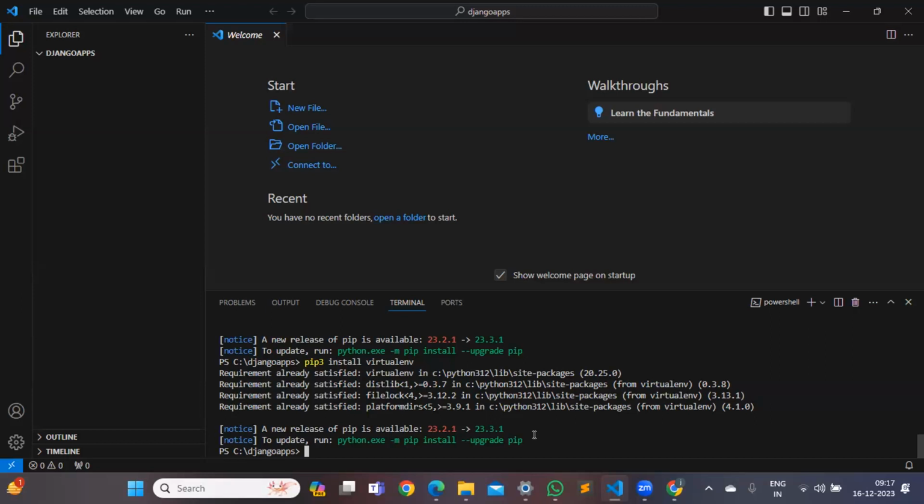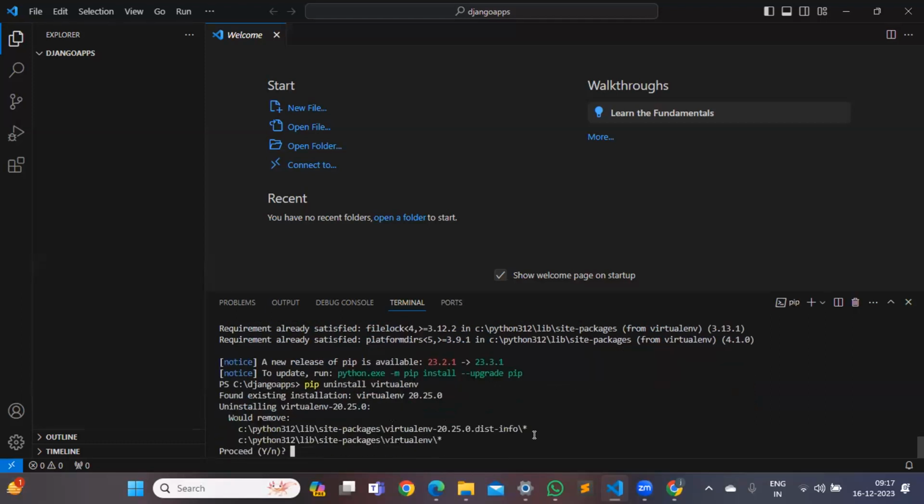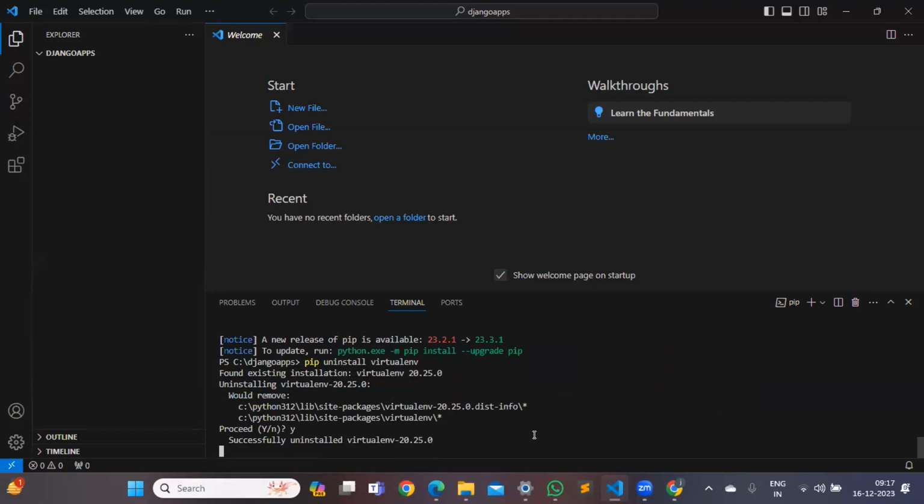You just perform uninstall again, go up arrow, uninstall, yes. Yes. Up arrow and say pip3 install virtualenv.